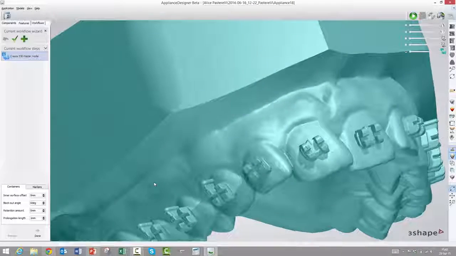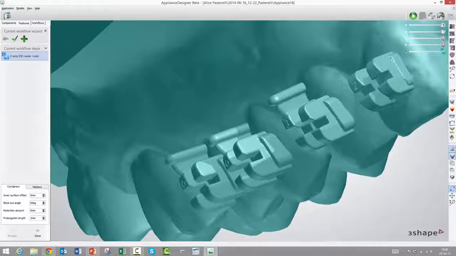Okay. And the really nice part of this is that now you don't have to waste time to protect the hooks and wings with silicone drops. You thermoform on top of this, and then it's ready to insert the brackets right away and then seat them in the mouth. Yeah, plus the two workflows you just showed are really easy to use and understand. Exactly.